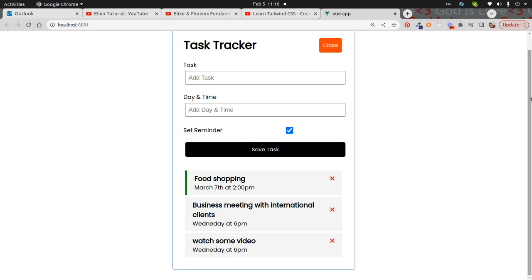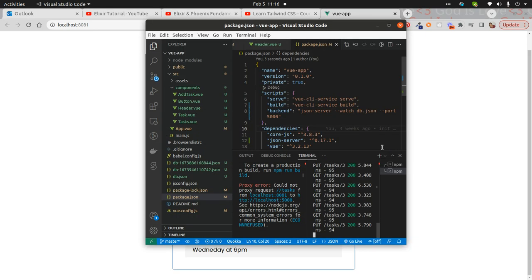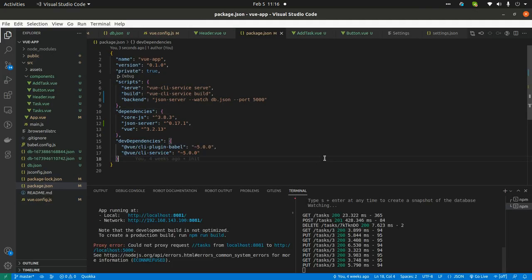And it was built with Vue.js. And we also have a database, right? But it's sort of a server, a local server. It's basically a local server on your system, and we had to install a package to use it. It's called JSON server. So if you check our package.json,